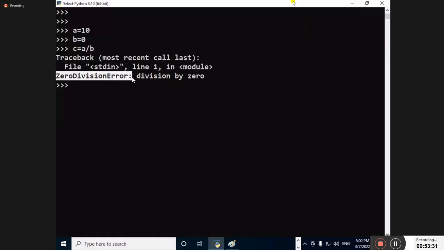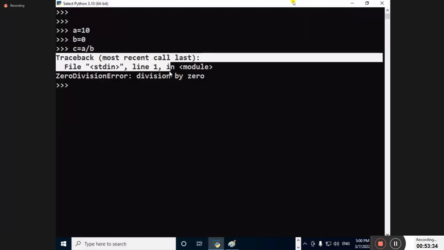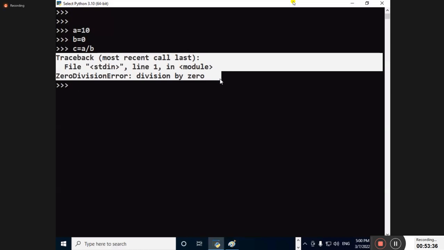Study it first of all. What is this message? Who will understand? The programmer can understand. The end user cannot understand. So if I give these messages to the end user, which messages are coming by default? Technical error messages are coming. Can a normal person understand these messages? So what is your responsibility today? Convert technical error messages like this into user-friendly messages, by using which concept? If I do that conversion, is my project strong or weak?